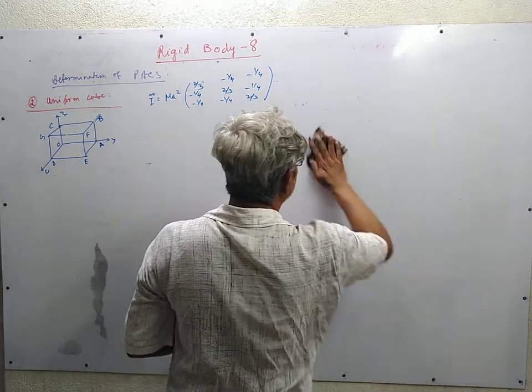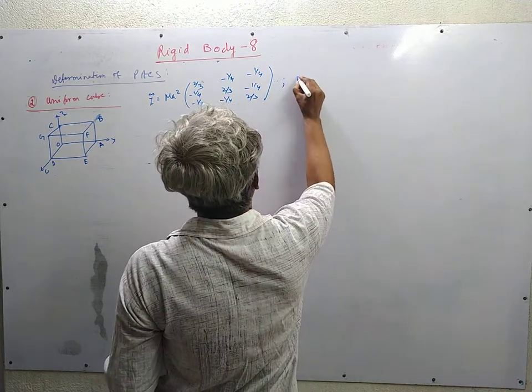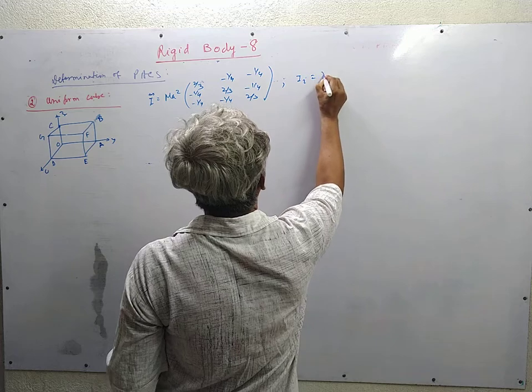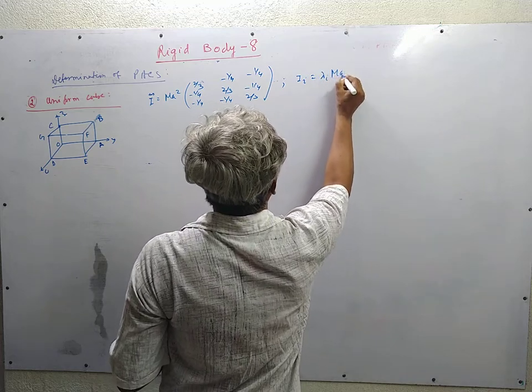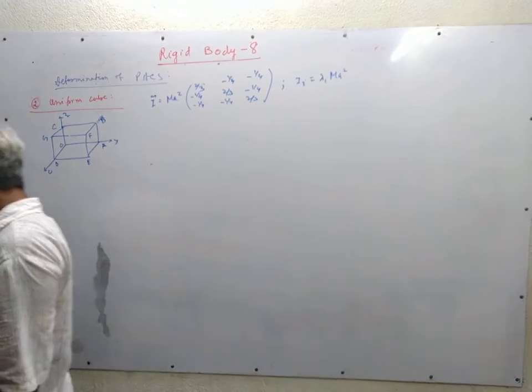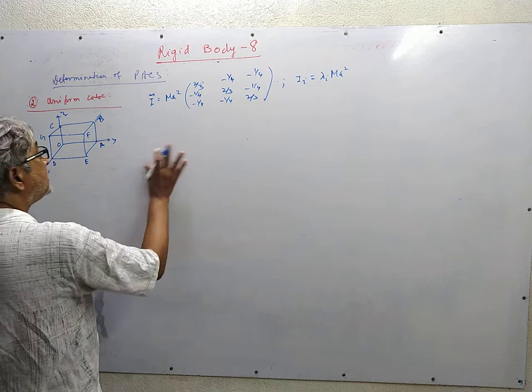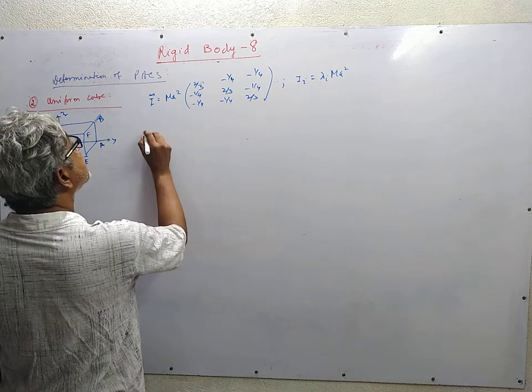As before, we choose the eigenvalues as I equal to lambda I m a square, so that lambda I are the dimensionless eigenvalues. So the secular equation is